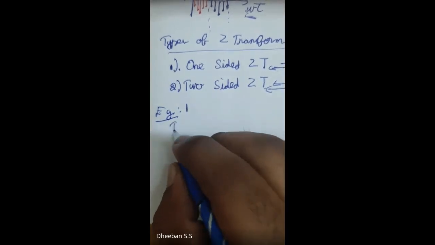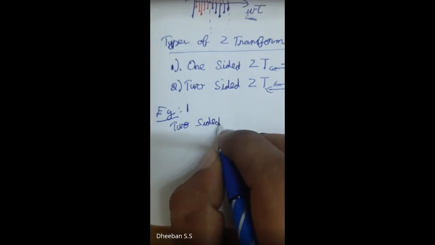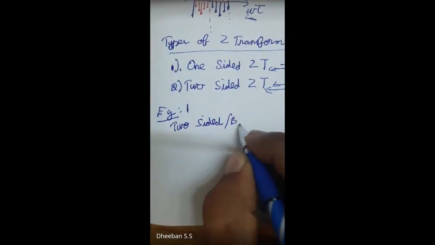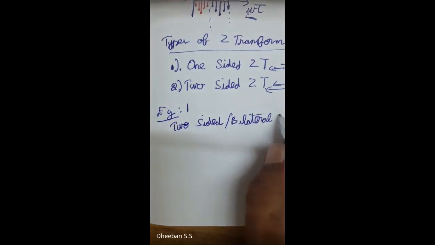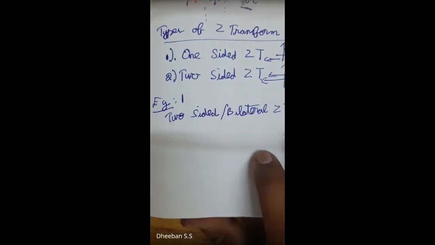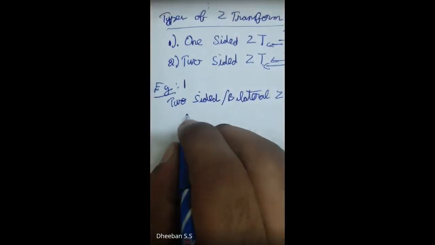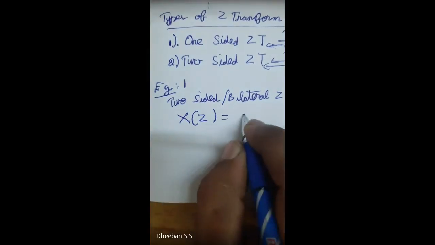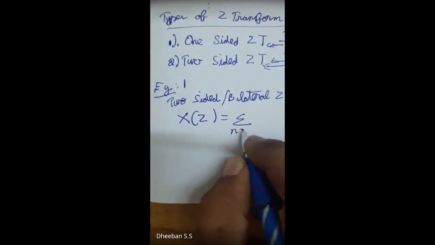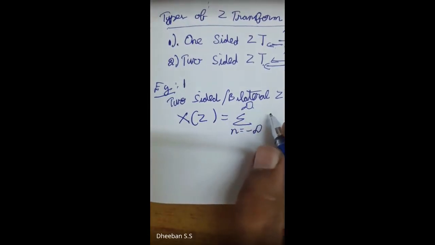Two-sided is also known as bilateral Z transform. The expression is x of z equal to summation n equal to minus infinity to infinity of x of n